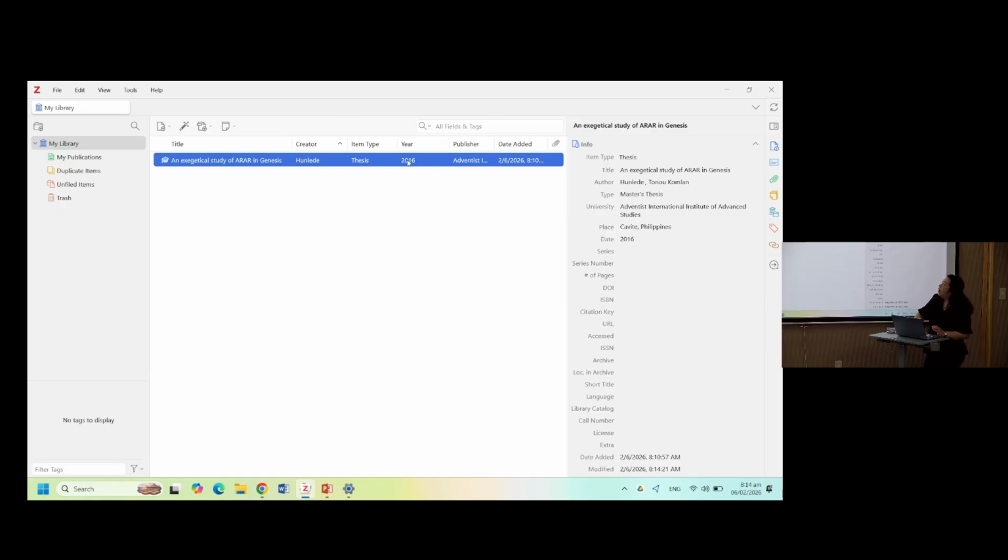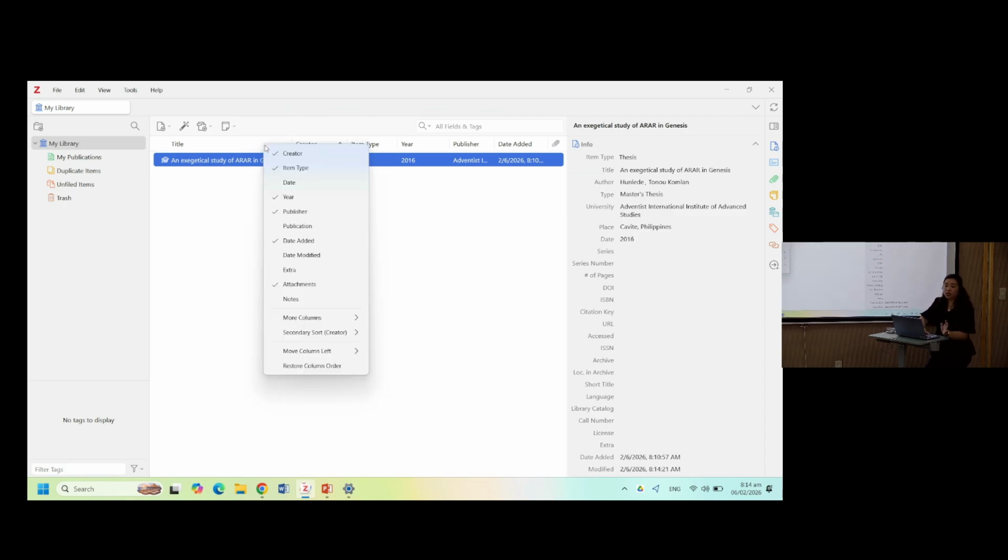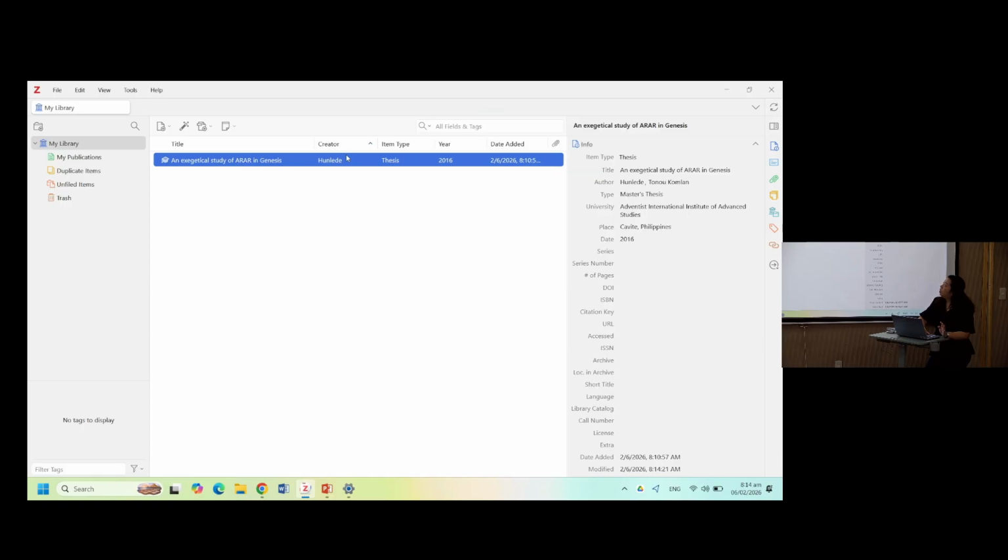I'm pretty sure you're not seeing the same fields that you can see on mine, because what you can do is right-click on that middle pane and select what information you want to see. So if you want to see the publisher, sure. If you don't, you can just uncheck it.